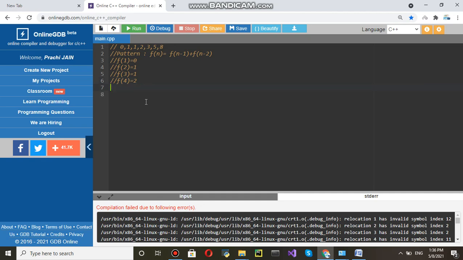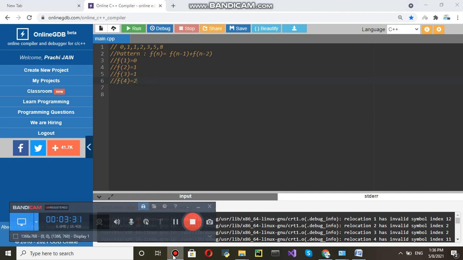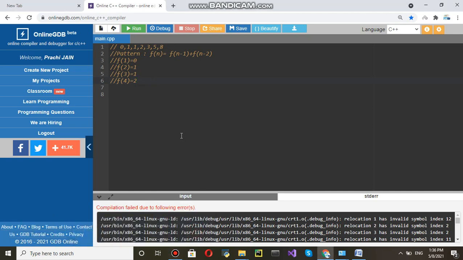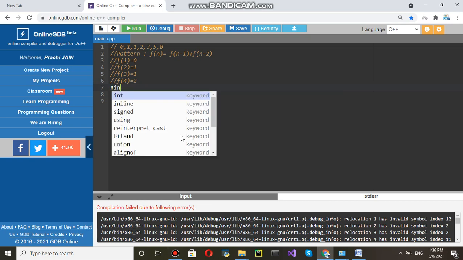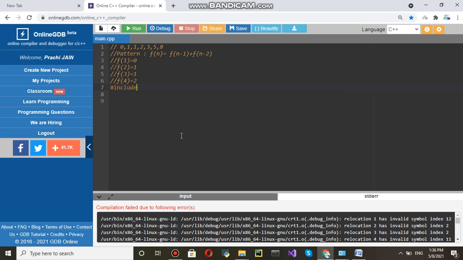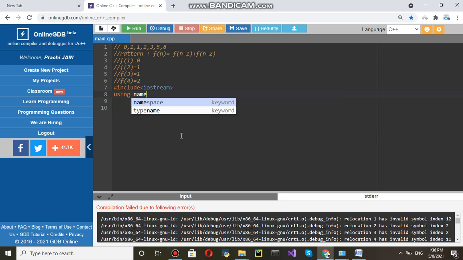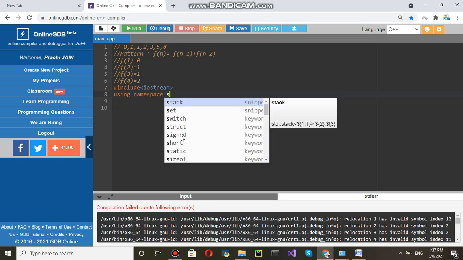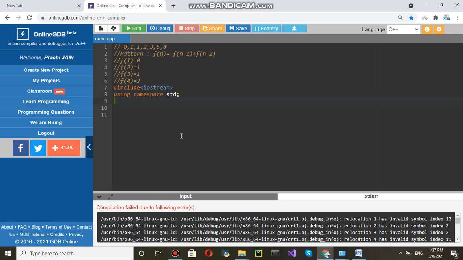Now we have to learn how to print such kind of patterns. Main thing is writing the patterns. So let me include the library first: include iostream, using namespace std.